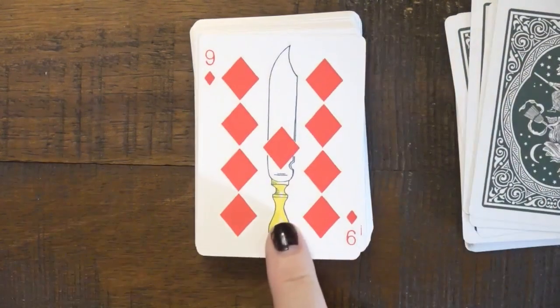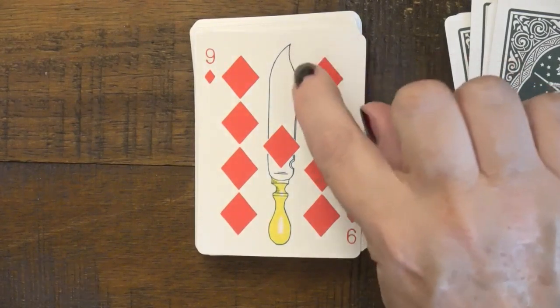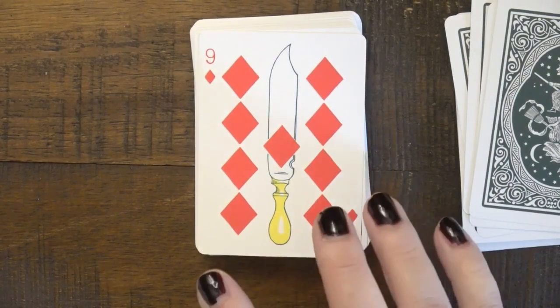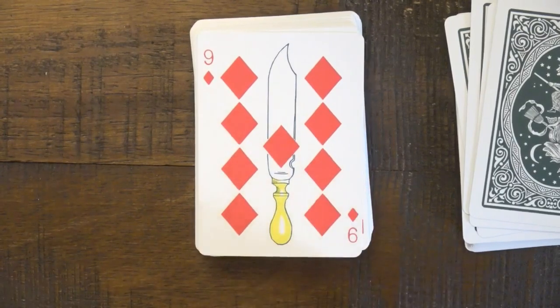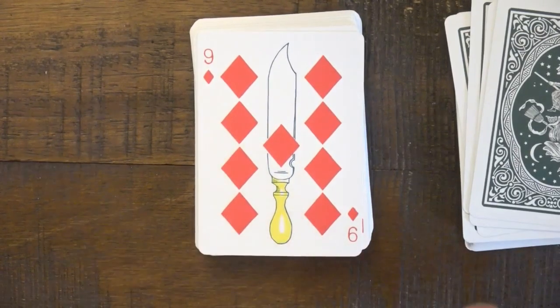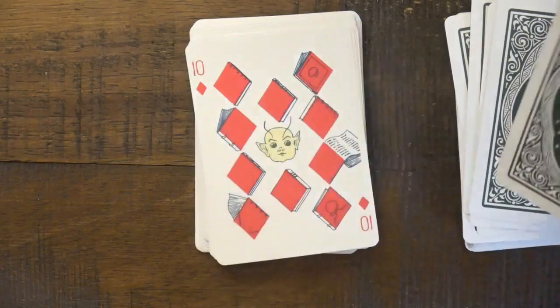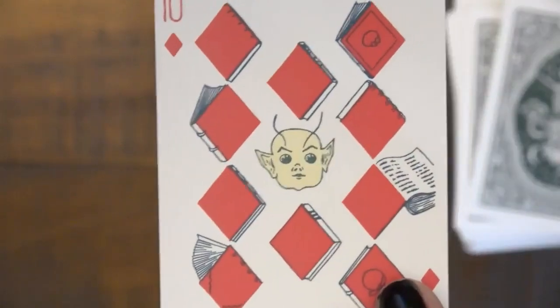The Nine, even though I feel like this looks like a cheese knife or something, even though it's got that kind of tip there, I don't feel like this feels like a dagger, like a real dagger to do damage, but this is an unlucky card. It's a treachery and accidents threaten. I'm not sure, well, I guess you could accidentally cut yourself with a knife. Lucky cards might lessen the injury, but they cannot avert it. Good to know. So here's the other of the little antennae person